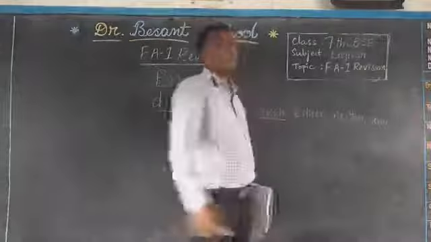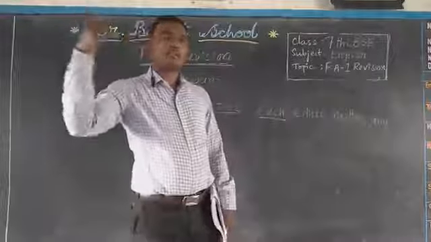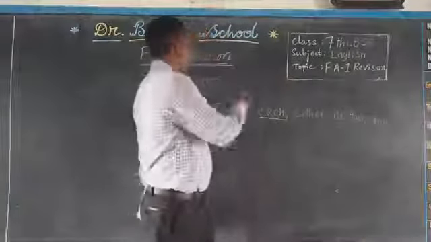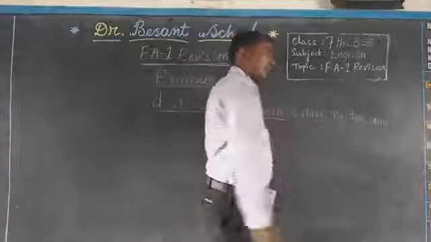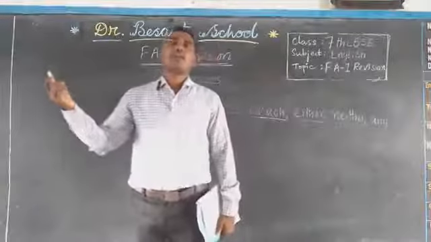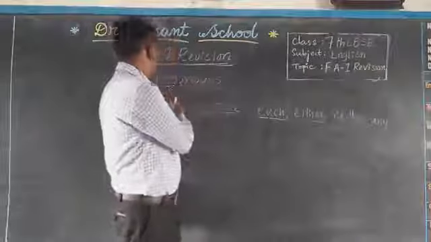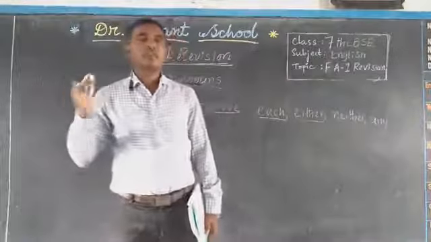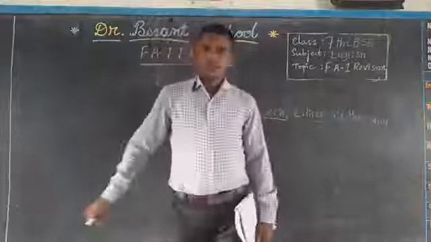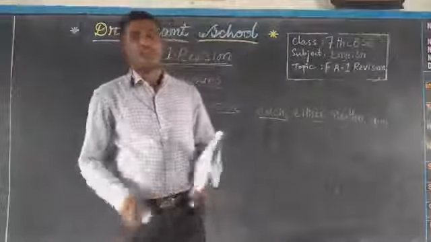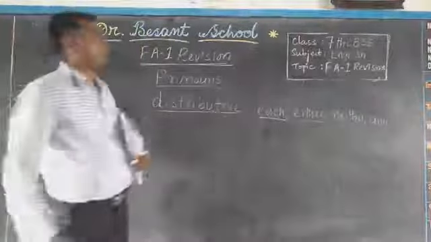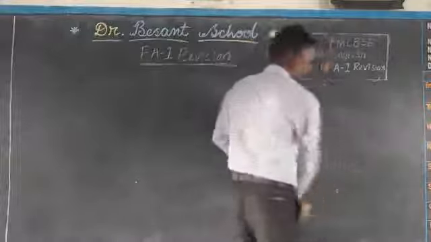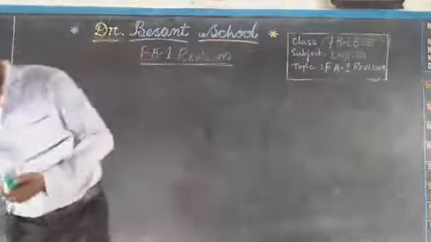Each student is given one book. Each is a distributive pronoun. Right. Either of the students could not answer the question. So either is a distributive pronoun. Okay. Neither of the students answered the question. So they did not answer. Neither is a distributive pronoun, right? If you identify the kind of pronoun, you can easily score the marks, right? So that is about the pronouns topic, children.